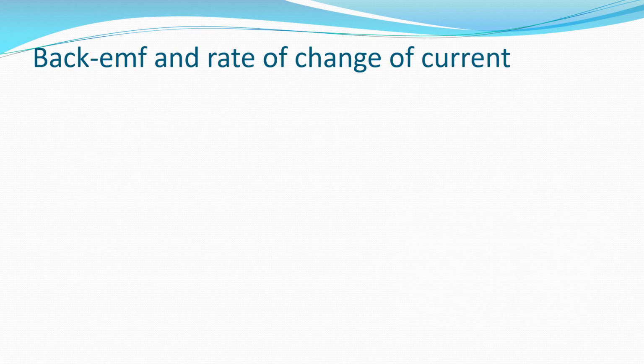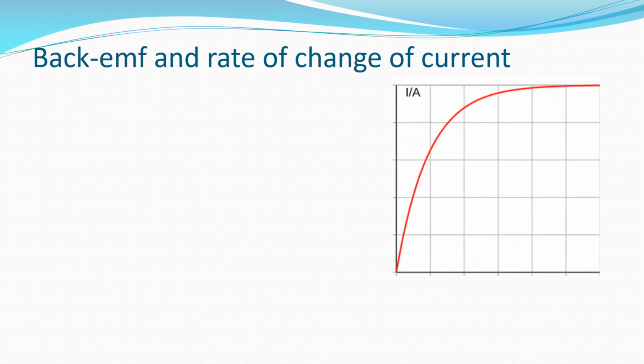Back EMF and the rate of change of current. So here we have a graph showing how current varies with time in an inductor circuit. We can see that initially the current is going up at a very high rate. The rate of change of current is high. And that's because effectively the only thing that's limiting the current here is the resistance in the circuit. So we see at the beginning of the graph effectively a directly proportional relationship. However,